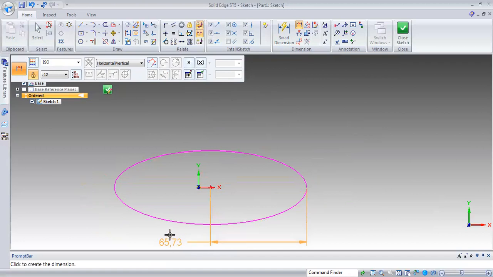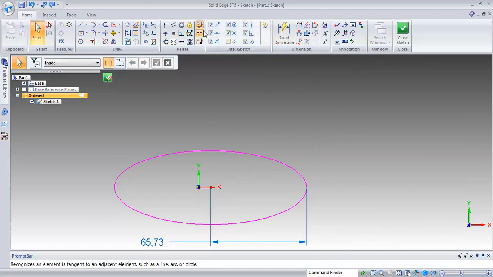From this point, it is taken. Create with this line.